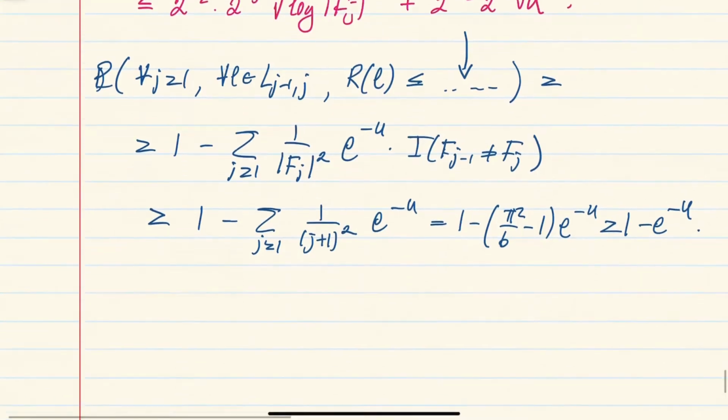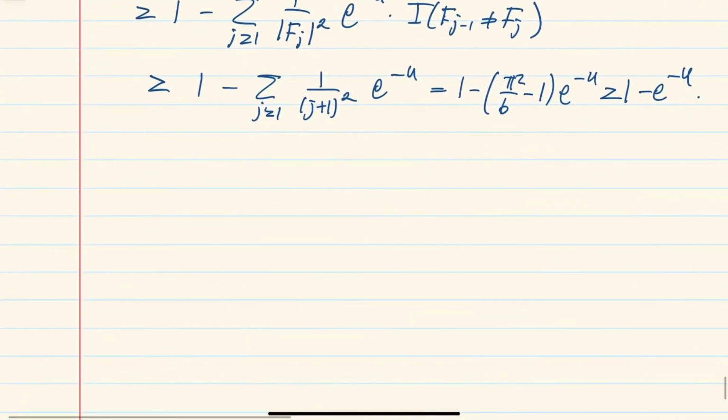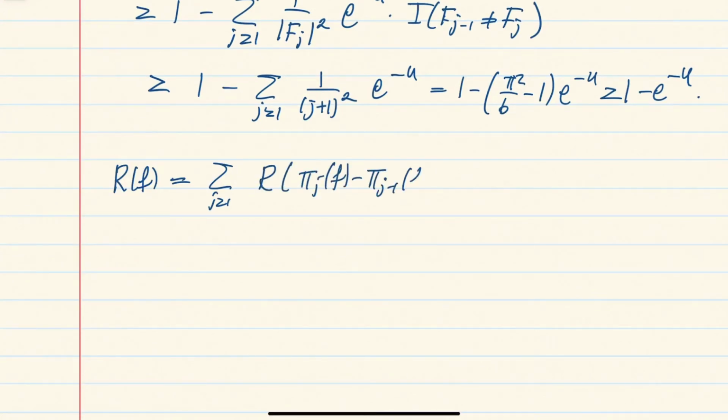So namely, if we recall that the Rademacher process of f is just the sum over j of the Rademacher process of these links, these increments belong to a set of links, and then we also want to take into account the distance of